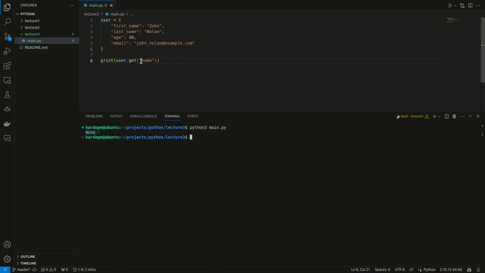Let's say we're trying to get the phone number for John. Now let's see what happens this time. Now you can see we have not found instead of none. As you can see, we don't have the value for the key phone inside of our dictionary. But instead of printing none, it's printed not found. So this is like another